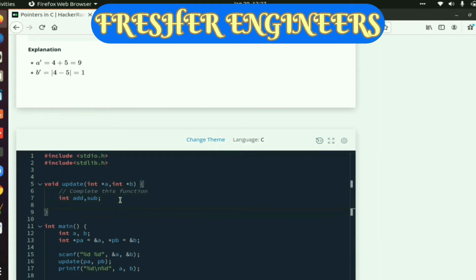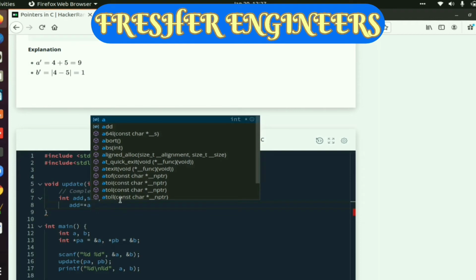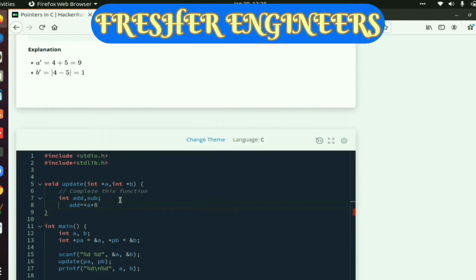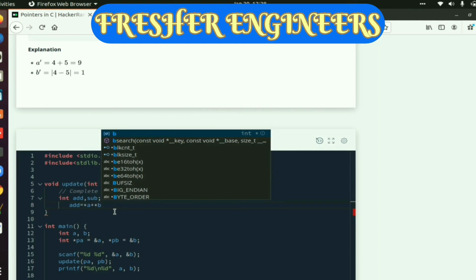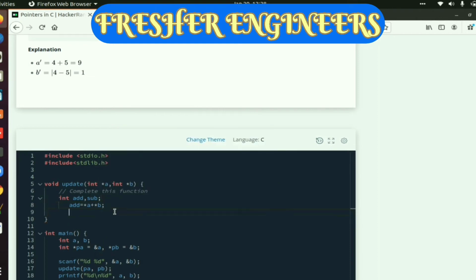So we have to take two variables to perform the operations. Now first of all we have to add the two values. For that I am writing the code: add = *a + *b. We have to add both of them and keep that value in the add variable.